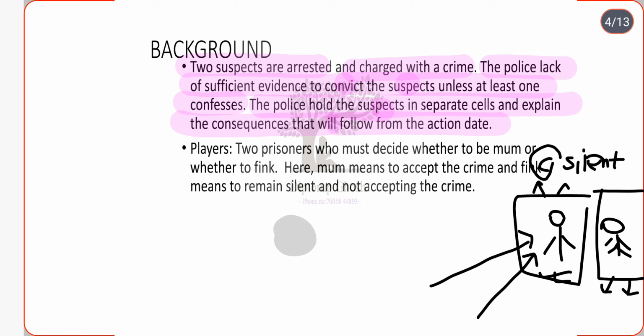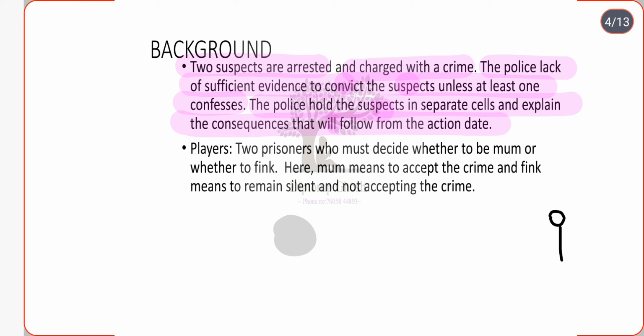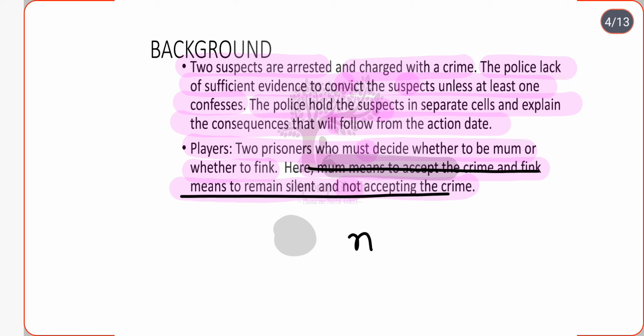Now, who are our players? Basically we have two players in the prisoner's dilemma. The two players are the two prisoners of the game, and they have to decide whether to be mum or whether to think. Here mum means to accept the crime, and think means to remain silent. Sorry, I have written it wrong here. Let me correct it. Here mum means to be silent,